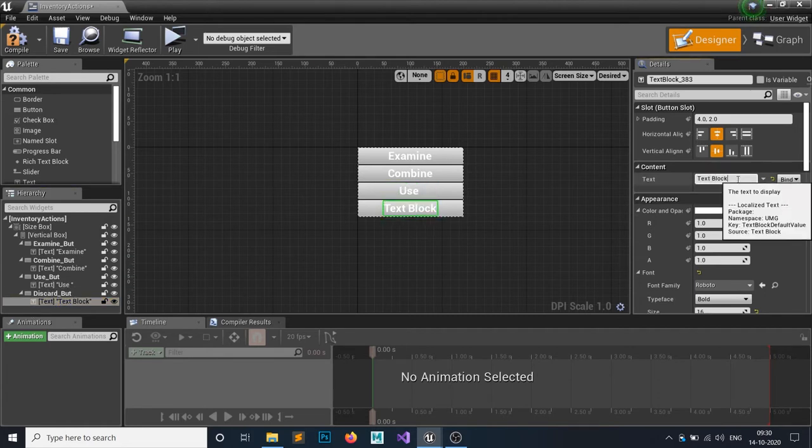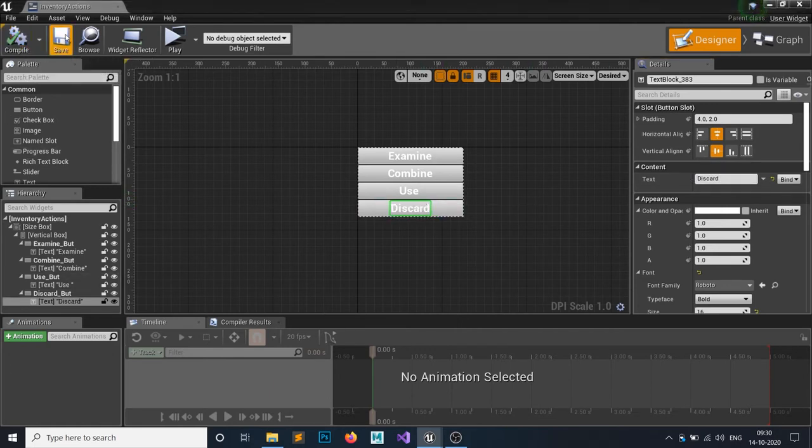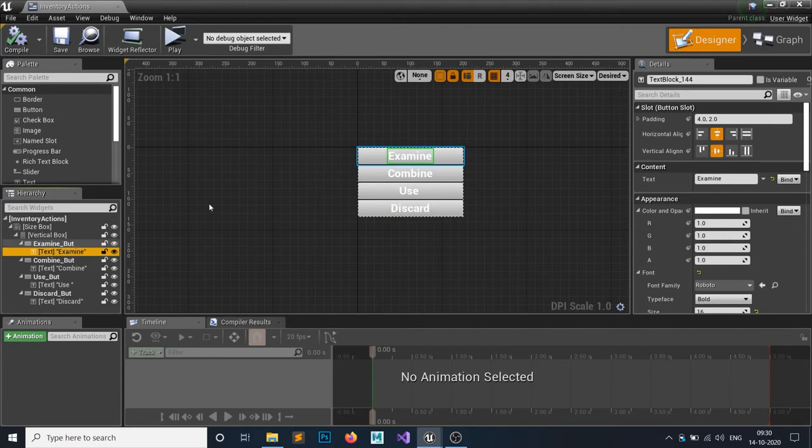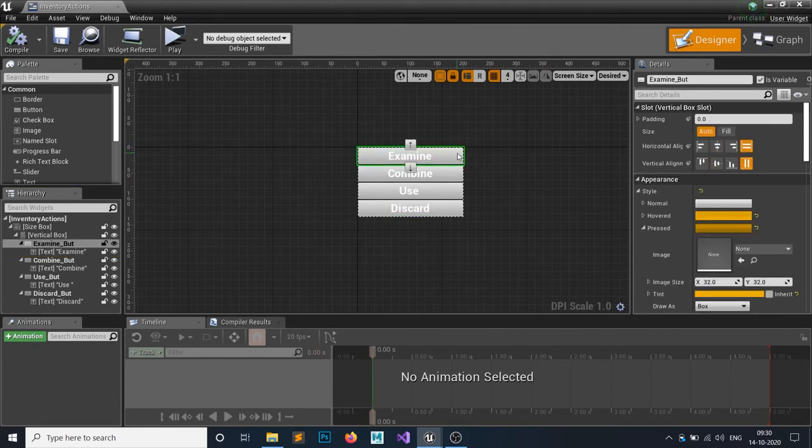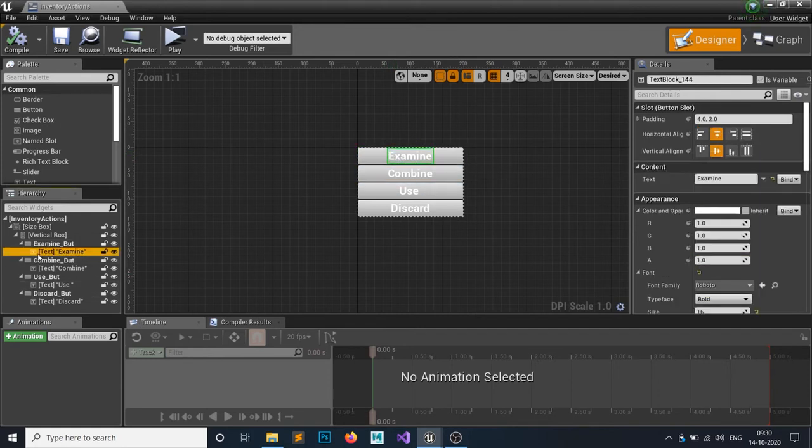Fourth text would be your discard. Yes. So we have done all these things. If you want to set it to capital letters, you can set it, and if you want to add images inside the button, like a magnifying glass for this button, then you can also add images inside here.